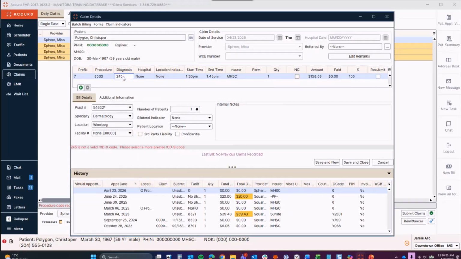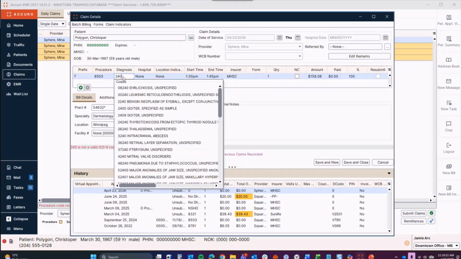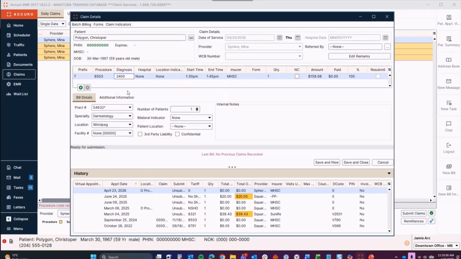It is just not liking my... There we go. There we go. All right, so once we enter that in, if we tab across, we can see that